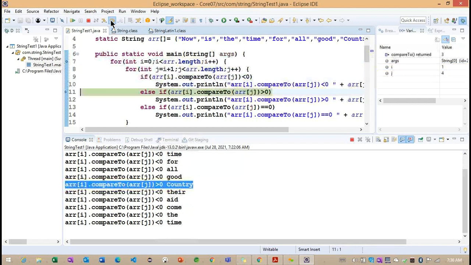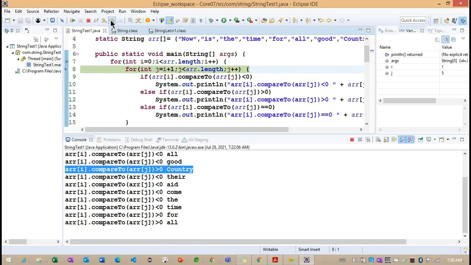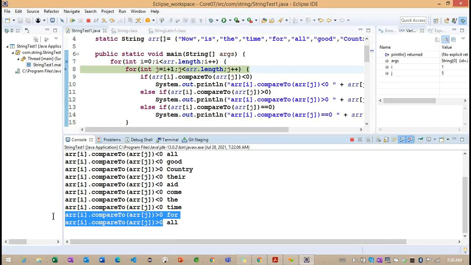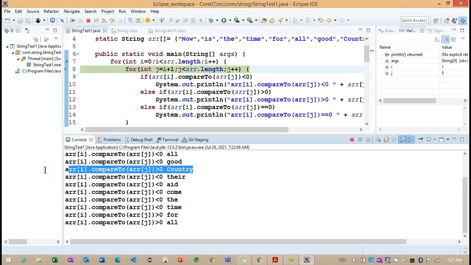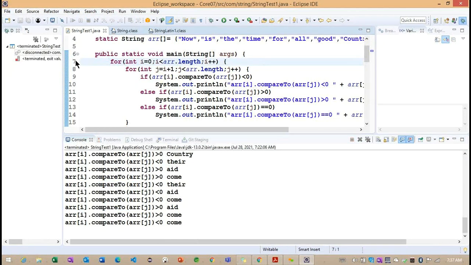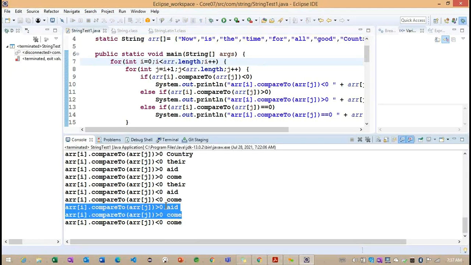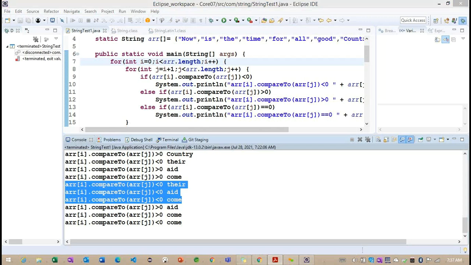So this is the way we need to understand the comparative method, whether it is working for less than or greater than, or we can check for the equal condition. Now you can see, these two are the greater conditions and these are the less than conditions. Again, now we can check, these are the greater conditions. Getting the point? So this is the way we can understand the comparative method. Some of the methods give greater and some give less than. Right? So any questions regarding this particular comparative method?